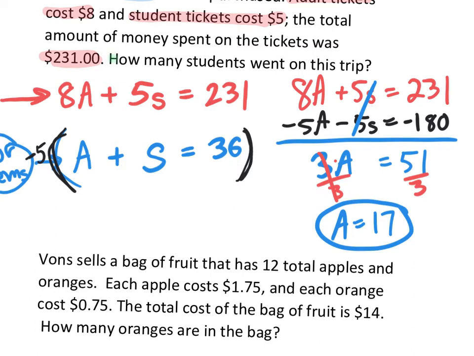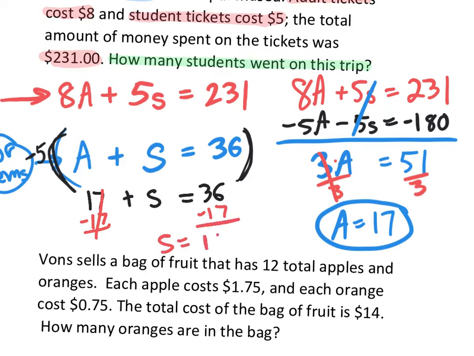But the actual question, if we read up here, is how many students went on this trip? So they don't really care about the adults. All they want is students. So we need to continue solving. Take this 17, plug it in. If there were 17 adults, how many students were needed to get a total of 36? So I'm just going to substitute 17 plus S equaling 36. I'm going to subtract 17, S equals, that is 19. So there were a total of 19 students